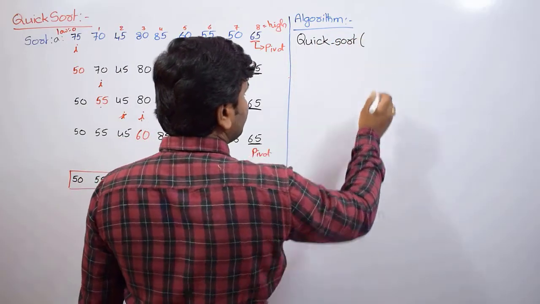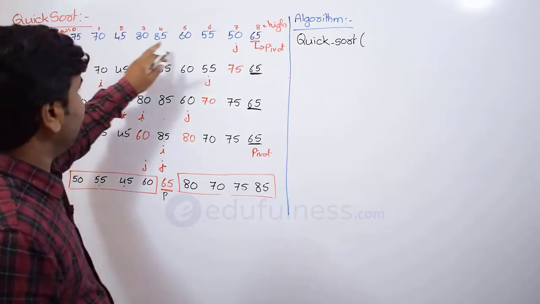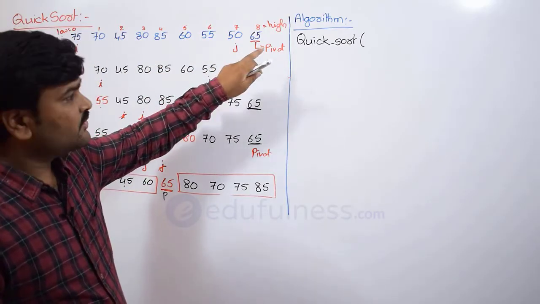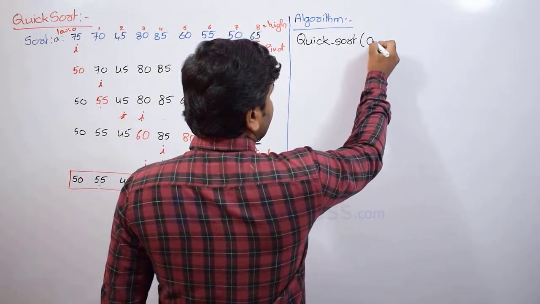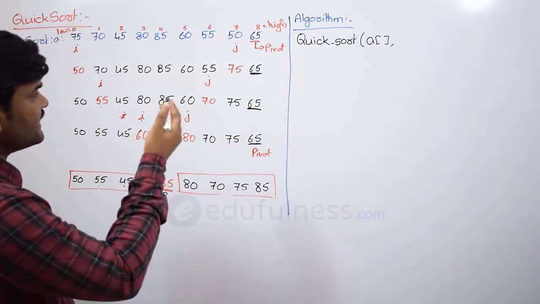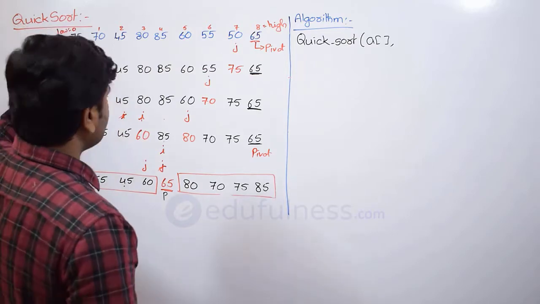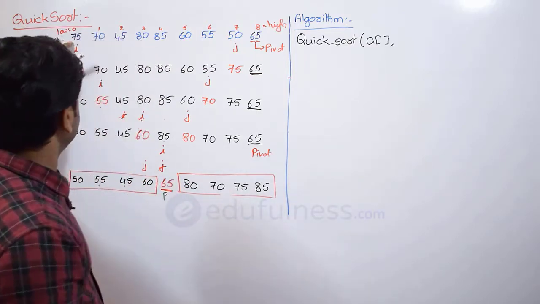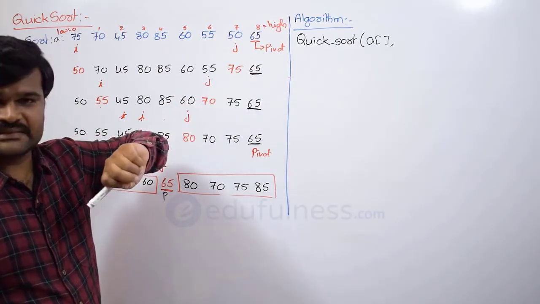And what are the parameters you are passing for this quicksort? Here you can see these elements you have to pass to this quicksort. That means what array we are going to pass. In the array we are going to have elements, so that we are passing. And after that, you have to pass the lowest index and the highest index,